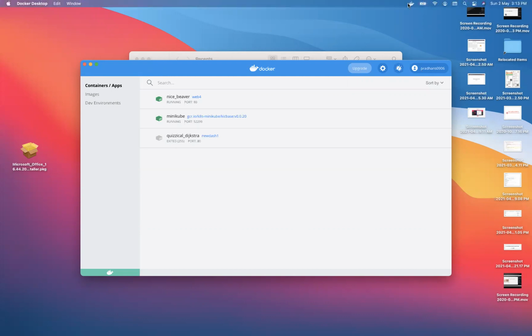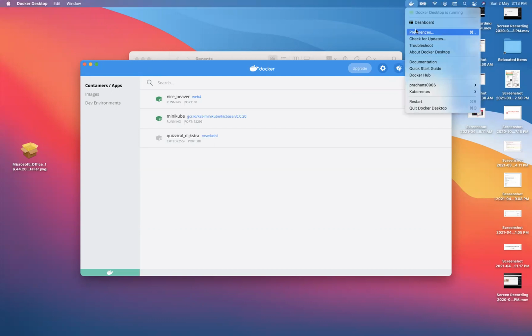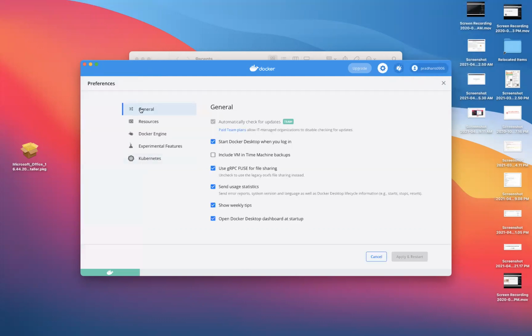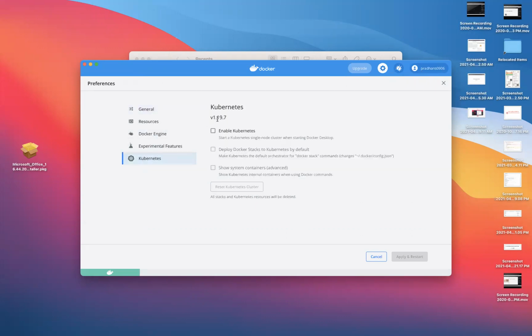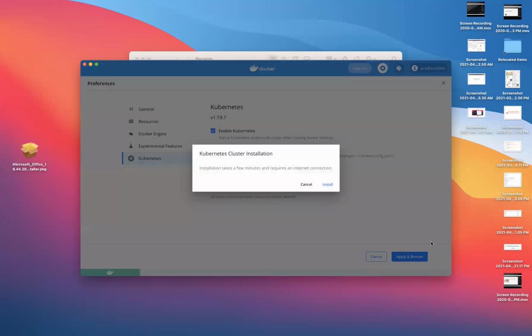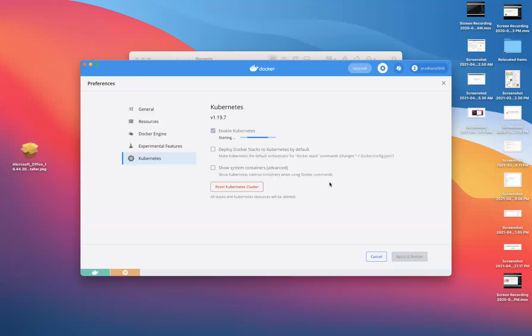To do that, just go to Preferences. As you can see, there is General, Docker Engine, all these parts. There is Kubernetes, and as you can see, it is version 1.19.7, and I just have to click on Enable Kubernetes. That's all. Apply and restart. Automatically it is going to pull etcd, master, API server. It is going to bundle it and run it on this Mac. And